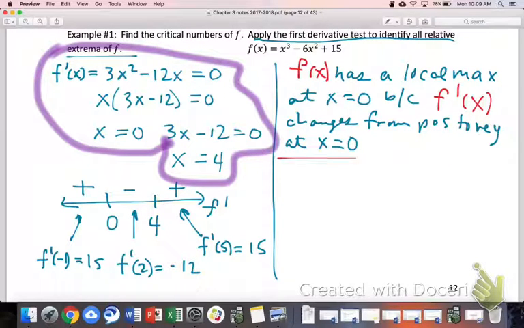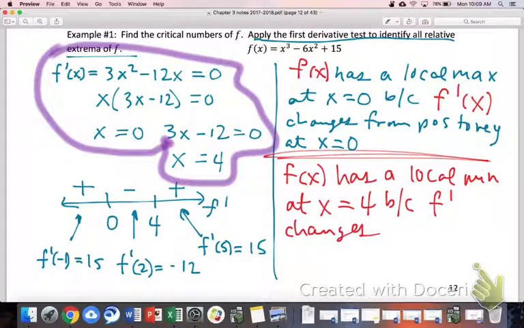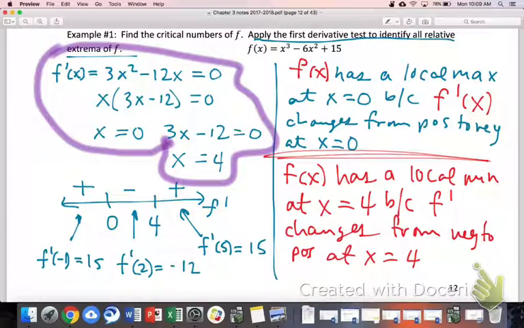Now the other one would be this. You'd say f of x has a local minimum at x equals 4 because f prime changes from negative to positive at x equals 4. So it's the same concept, just backwards, right? This backwards pattern. Yes? f of x changes signs at, f prime of x changes signs at x equals 0